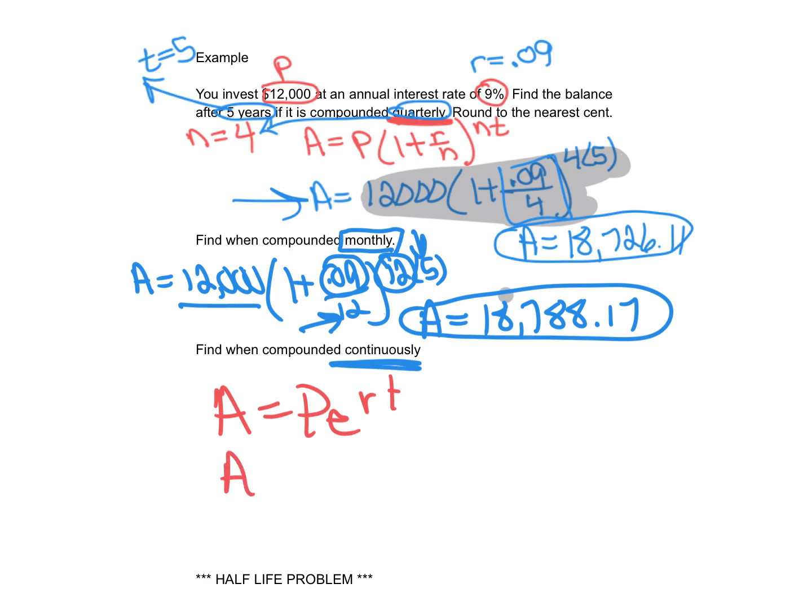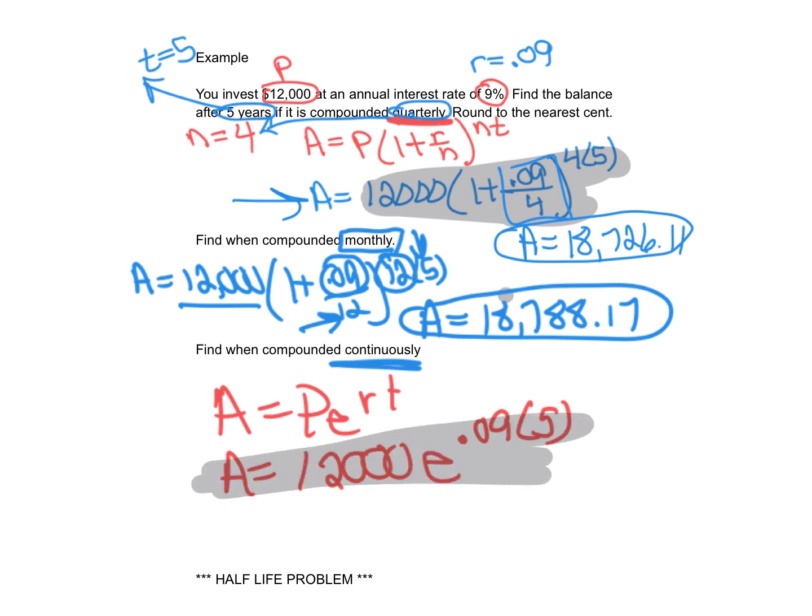So again, we're going to use those same numbers. We're going to say we put in $12,000, and again, E is on your calculator. Your rate is still the same at 9%, and the time is still 5 years. So again, just like with the other one, you would need to show this step to get credit, but then you can just put it directly into your calculator. 12,000, hit that E button, and it'll give you E to the X, and then you would put 0.09 times 5 up in the exponent, and you would have